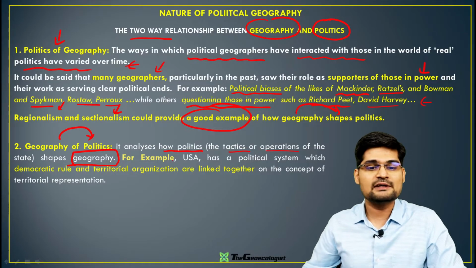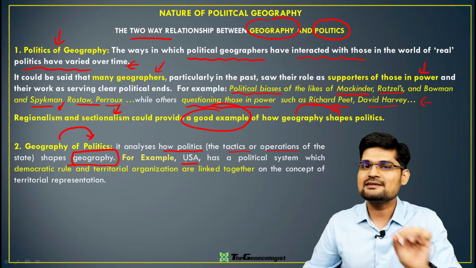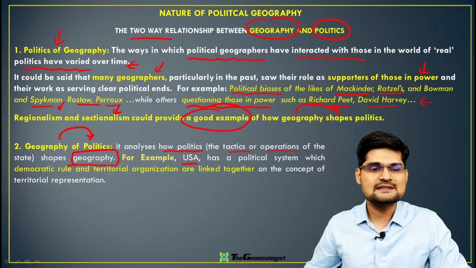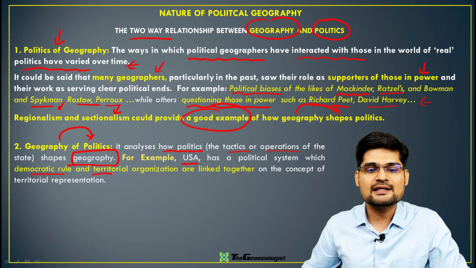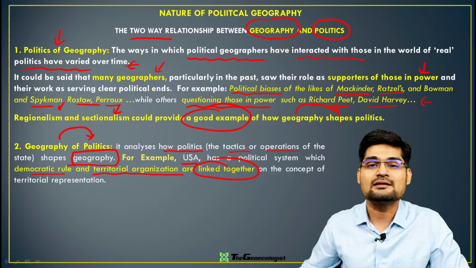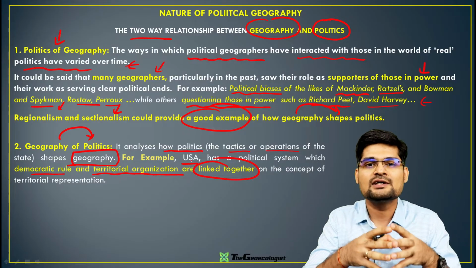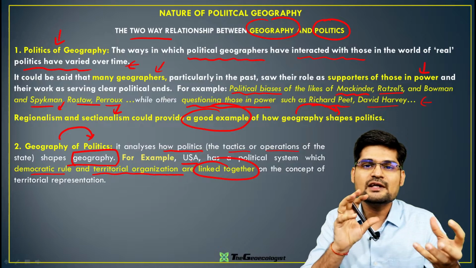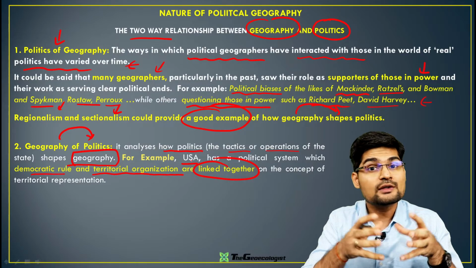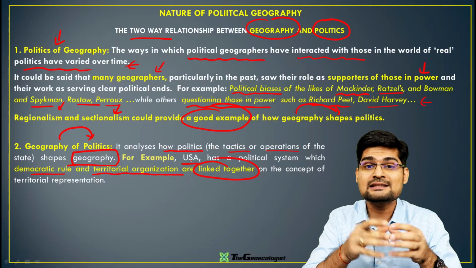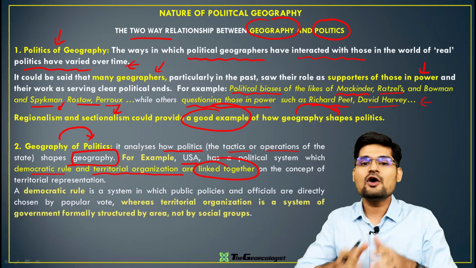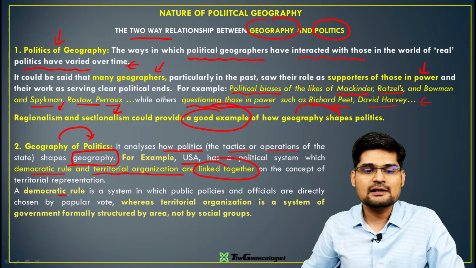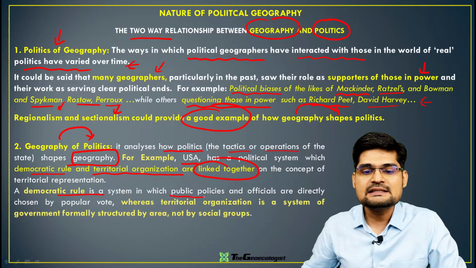For example, America, the United States of America, has a political system which is democratic as well as territorial organization linked together. So an amalgamation of territory with, importantly, democratic rule. This is a very unique system in itself where territorial representation is as important as the vote of the people. Then, the other way around, democratic rule in which public policies and officials